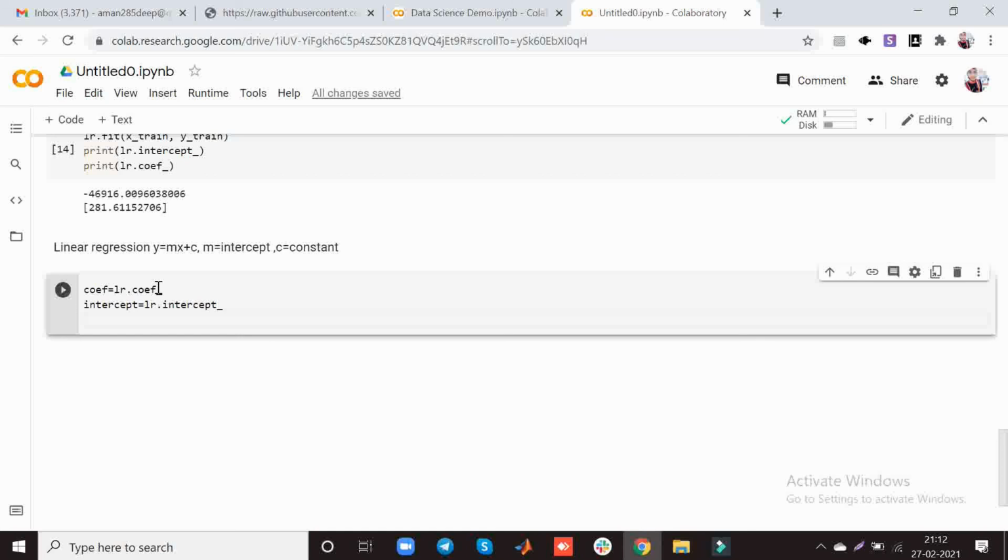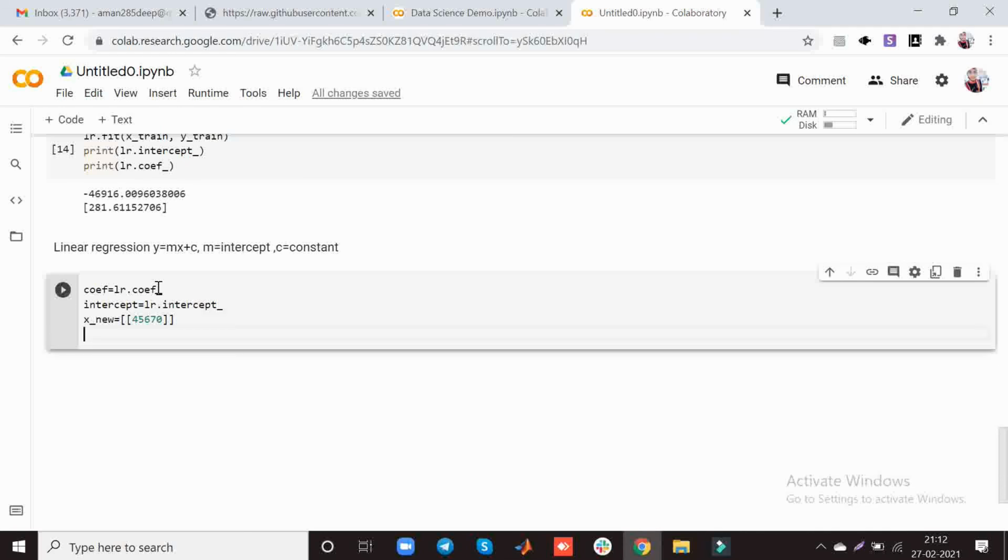Now predict a value. Let's suppose I have to find the price of 45,670 square feet living. So let's give the input x new equals 45,670. This is our input and we have to predict the value, meaning the price for this.